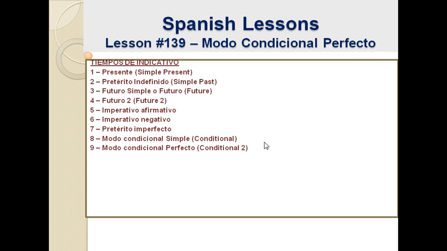139. In this class I will show you the Modo Condicional Perfecto in Spanish. In the previous class I showed you Modo Condicional Simple, or the simple conditional tense. This one, Condicional Perfecto or Condicional Compuesto, or perfect or compound, is another conditional tense, but this time you will see that we use an auxiliary verb, okay? In Spanish conjugations, whenever you see the word perfecto in the name of the tense, that means that there is